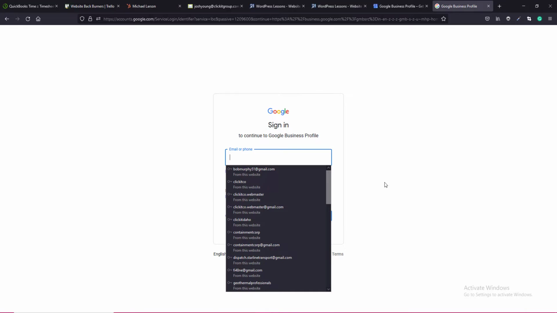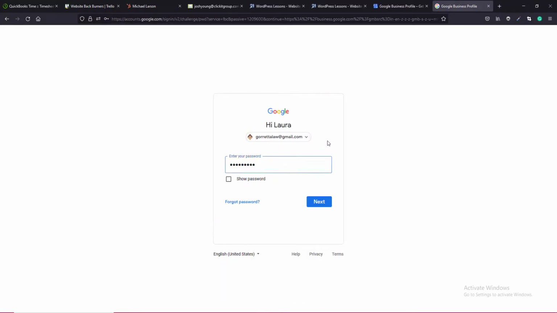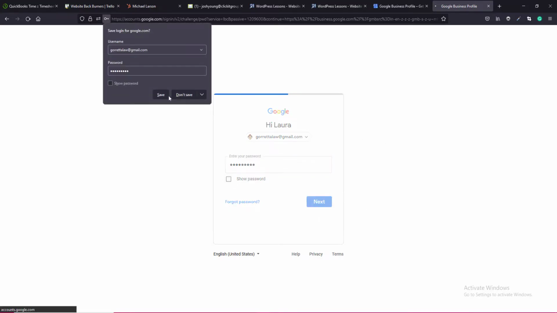We created a new Google account for you. The email ID is gorrettalaw@gmail.com. I will share these credentials with you, along with the link of this tutorial video, to log into the Google account. Here is the password. You can change this password later as per your convenience, but for our convenience we always use this password for all the clients' Google accounts that we manage from our end. So just sign into the Google account,